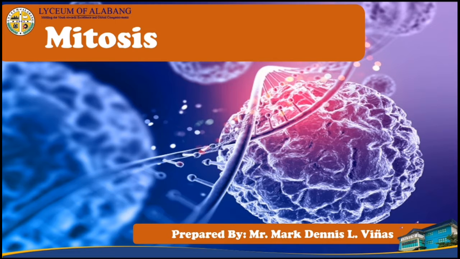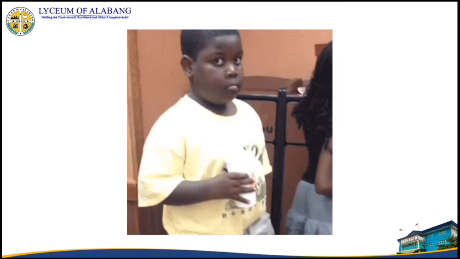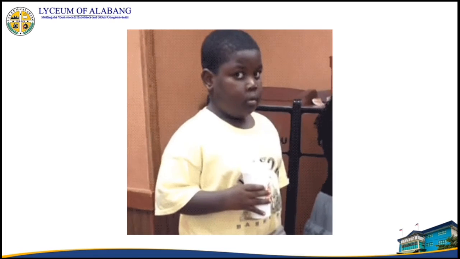You can remember the order of mitosis with the mnemonic PMAT. PMAT stands for prophase, metaphase, anaphase, and telophase. This mnemonic will help you remember the steps in the arrangement of mitosis. But what's most important is that you understand what is happening in each stage and why it is important for the